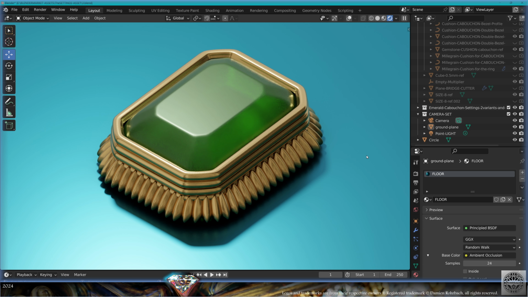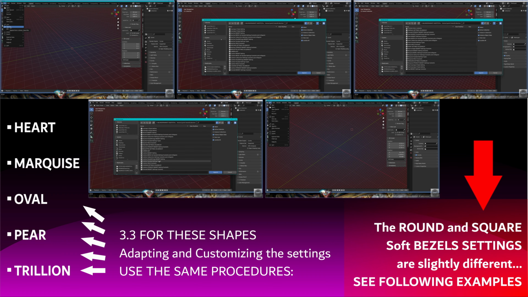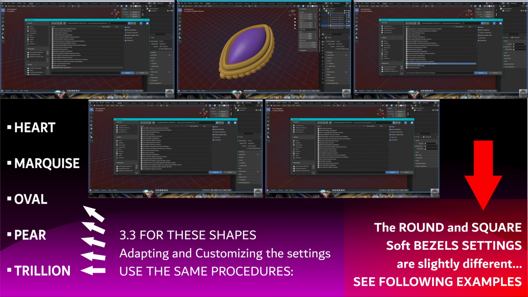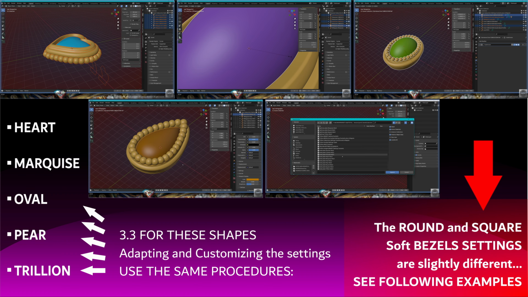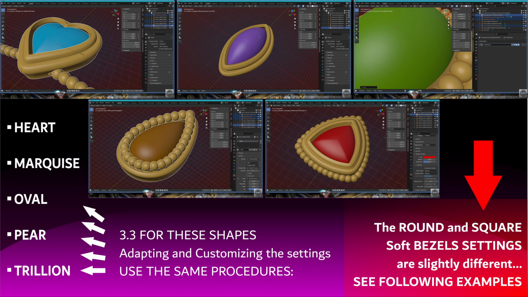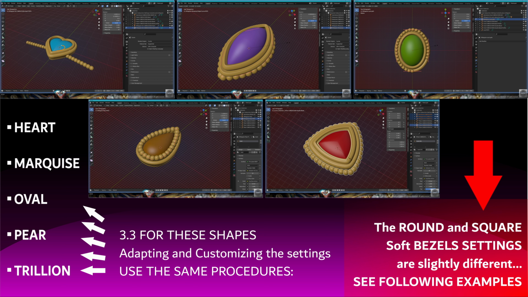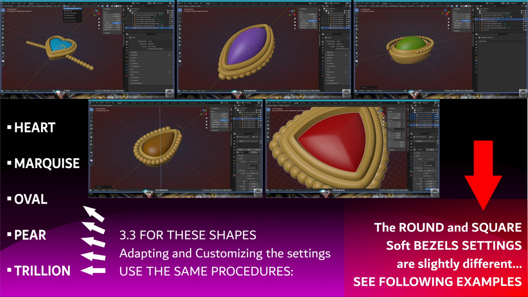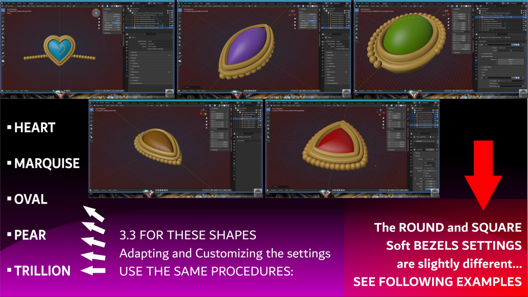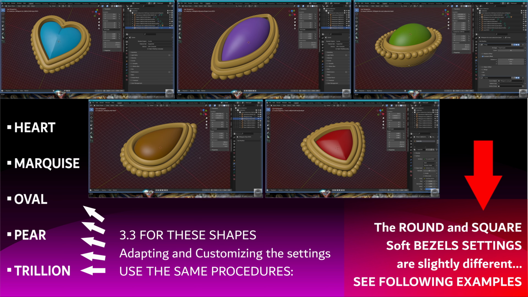This is another great example of customized 1000 gras with a new shape and size for the cabochon bezel. And so for the heart, marquise, oval, pear, and trillion soft bezel shapes, use the same procedures. Shift S, cursor to selected, go to edit mode, select everything, scale, then exit edit mode, adapt the 1000 path or the design of the 1000 sphere, then adapt the profile of the bezel, make it into any design that